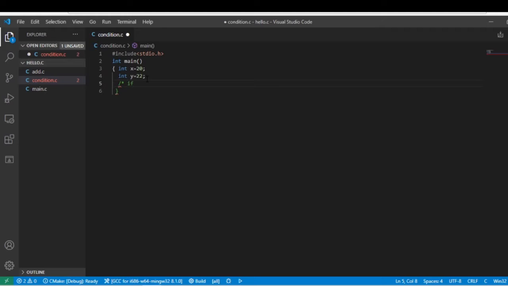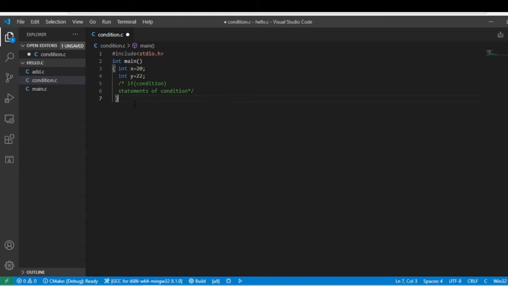In the brackets you write the condition, and after that you write the statement of the condition. If your condition is true, then the statement is printed. Otherwise the statement is not printed and the program ends.